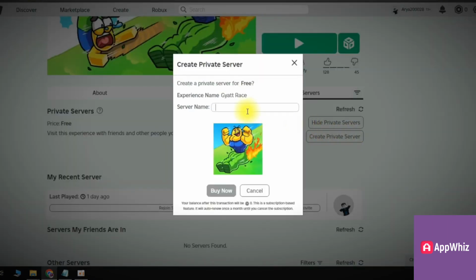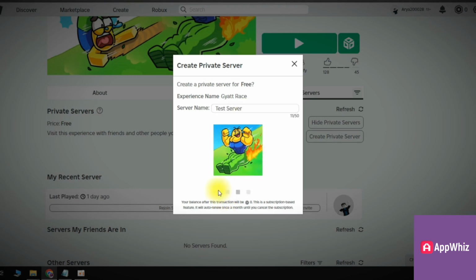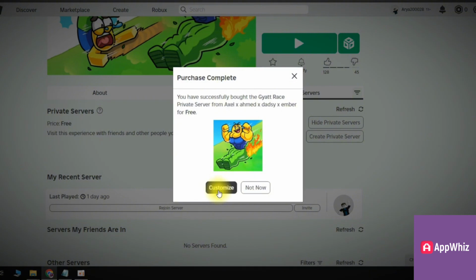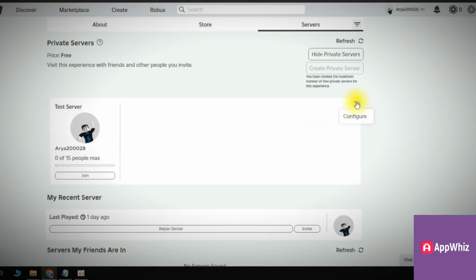Now we need to set a name for this server, so I'll do test server, and then I'll select buy. Depending on whether the private server is free or not, it might cost 25 Robux, but this game has free private servers. Now what we're going to do is get this chess server, click on the three dots, and then go to